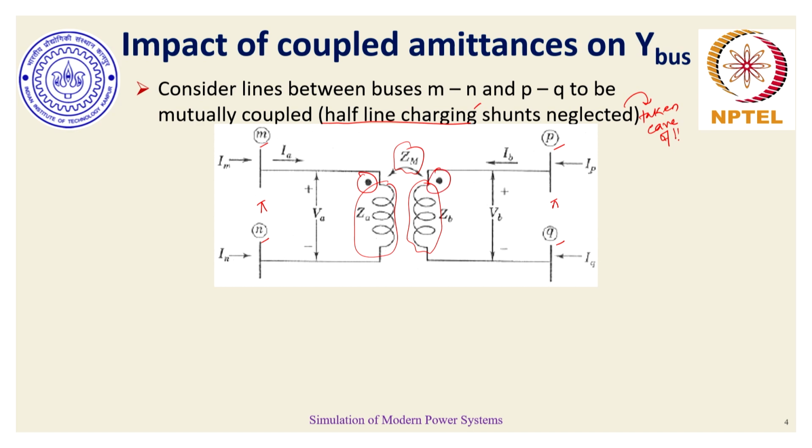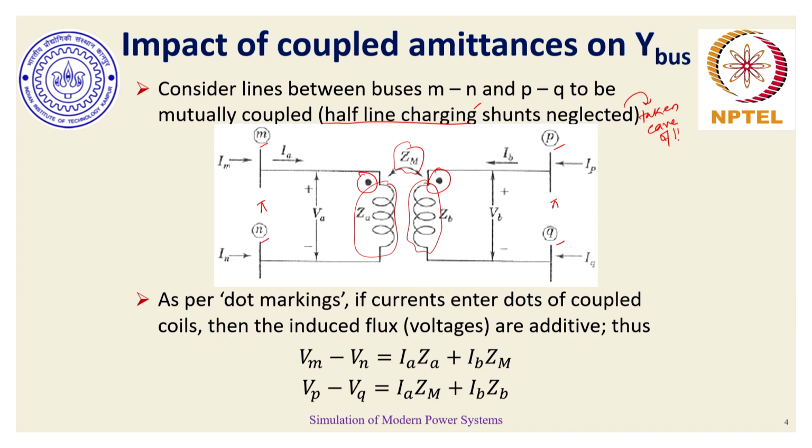Dot polarities essentially infer that if the currents are both entering into these dots, where the dot is one of the terminals of the series impedances ZA and ZB, and if we apply KVL, then the corresponding voltage drop that we would see because of IA ZA or IB Zm, because of mutual coupling, on this overall impedance ZA, would be an additive effect. If the currents tend to enter in one dot and leave out the other dot, the corresponding voltage polarities are reversed, and that's how the dot marking convention works.